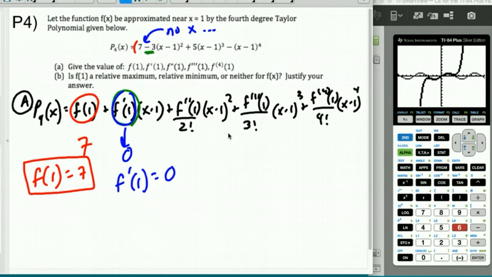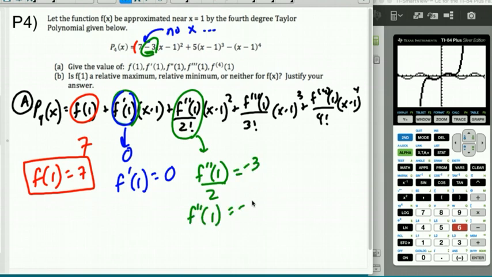Because there is no x term, let's go to the green. This guy's the coefficient of the x squared. Well, here's your x squared term, so this thing has to line up with a negative 3. So what we can say is that f double prime of 1 over 2, because that's what 2 factorial is, right, equals a negative 3. So f double prime of 1 must be a negative 6,